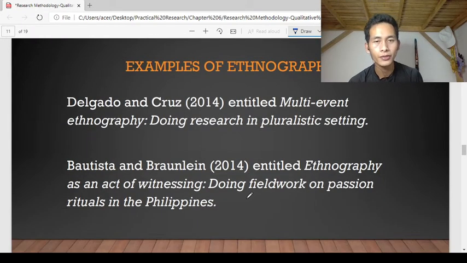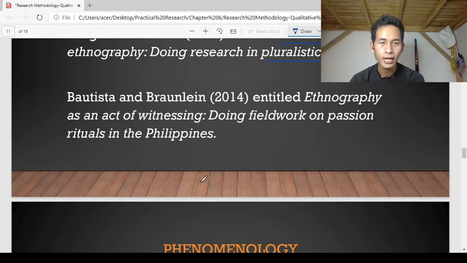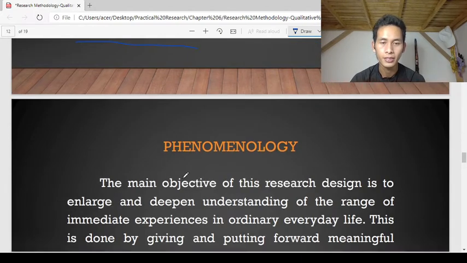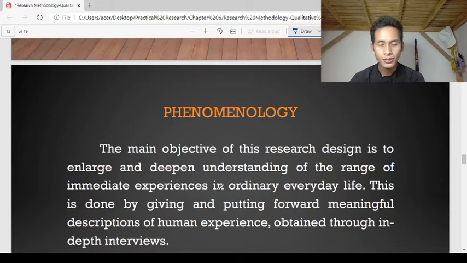Now, examples of ethnography are Delgado and Cruz 2014, entitled Multi-Event Ethnography. So they conducted ethnography on multi-event, doing research in a pluralistic setting. Bautista and Brolin 2014, entitled Ethnography as an Act of Witnessing, doing fieldwork on passion rituals in the Philippines. So he focused on rituals in the Philippines. Okay, next, design under